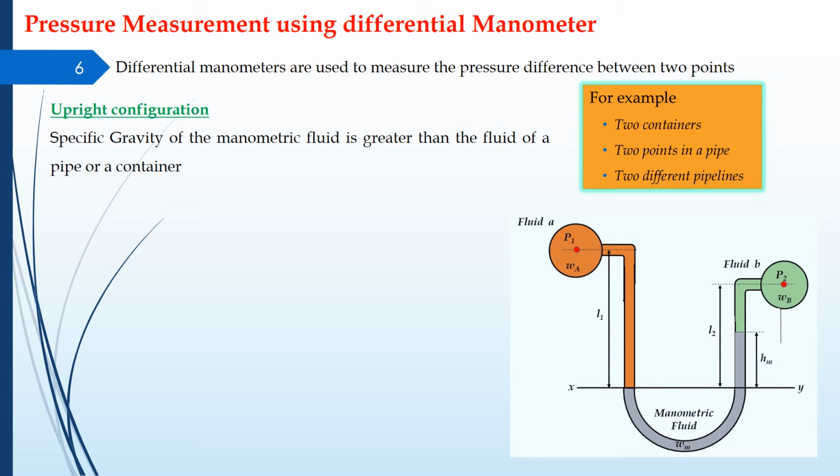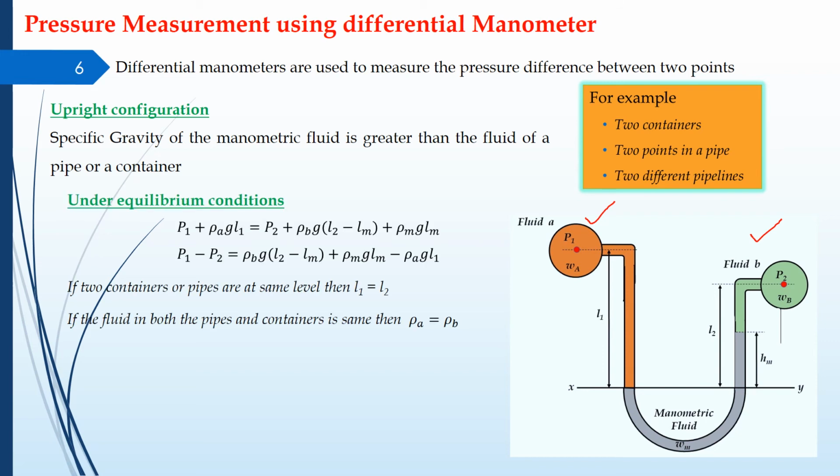So we have the manometer which is connected to two pipes, pipe A and pipe B, carrying fluid A and fluid B. Let us suppose that pipe 1 is at some L1 and pipe 2 is at some L2 from this reference level, that is X-X, where the liquid column is balanced, and certainly the pressure at this plane will be the same in both the limbs. Okay, so we'll again try to use the principle which we have used in the earlier slides.